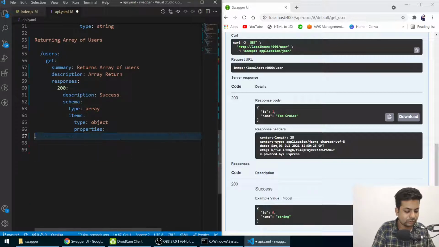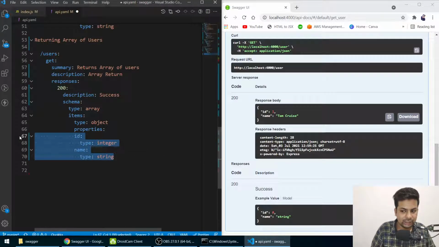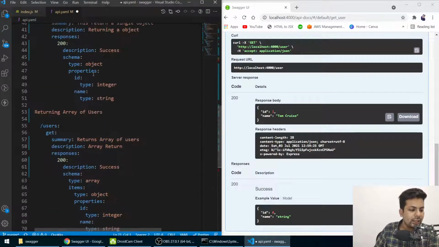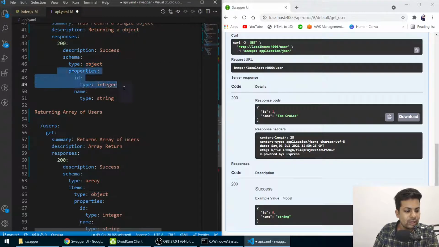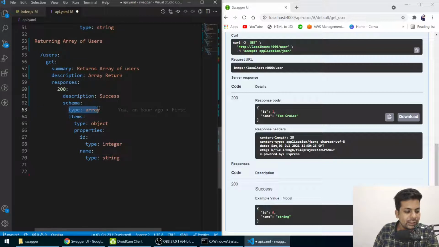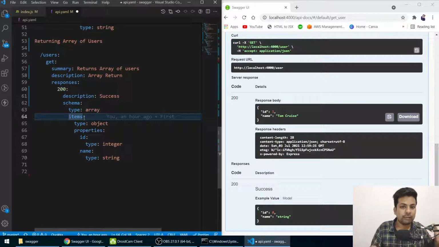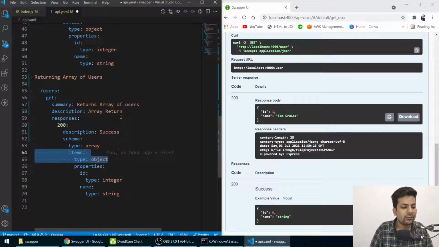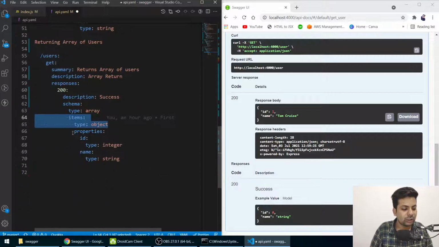Let me explain again: here I was telling I am returning an object, and the object properties are these, id and name. Here I'm telling I'll return an array. In the array, firstly I'll write items, like what type of items there will be. So I'm telling in the array there will be objects, and the object properties are this.